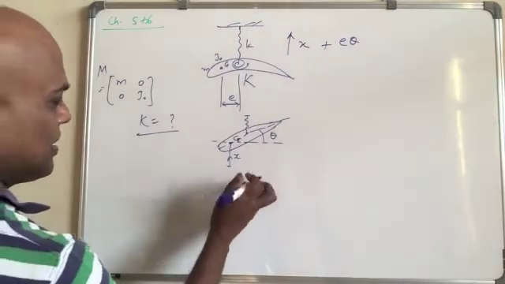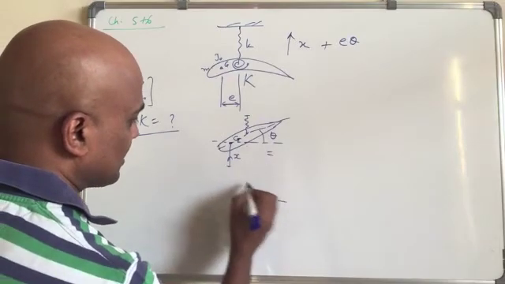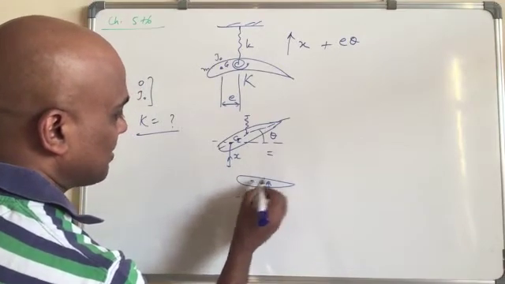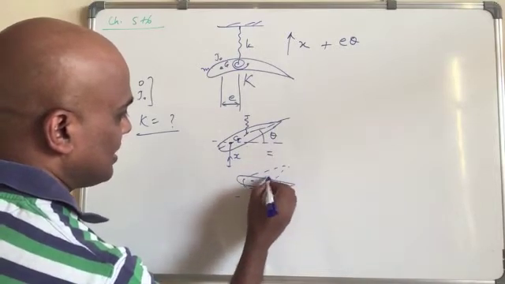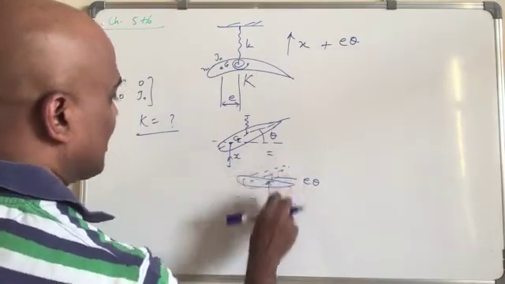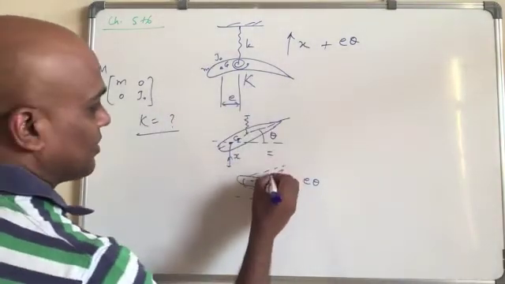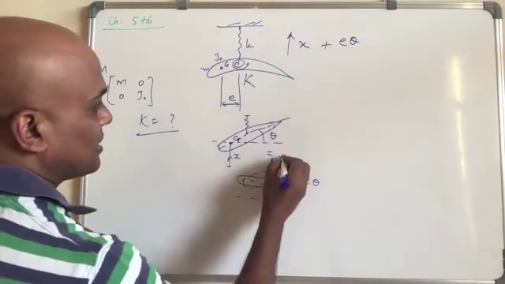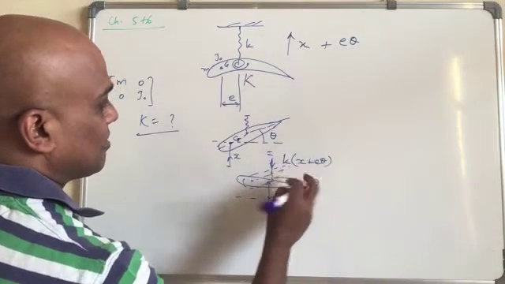Okay. So this one has gone up, which is equal to x. And then about this one it has rotated, and from here it has become here. So from here to here, this is E times theta. So there are two of them. Now the rest is, once we know the displacements, the force here will be accordingly the two forces. You have K here, and then you will have x plus E times theta as the force